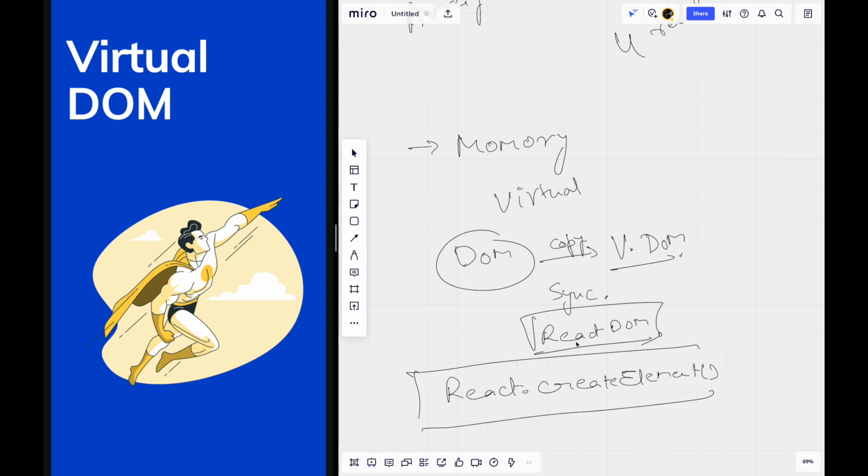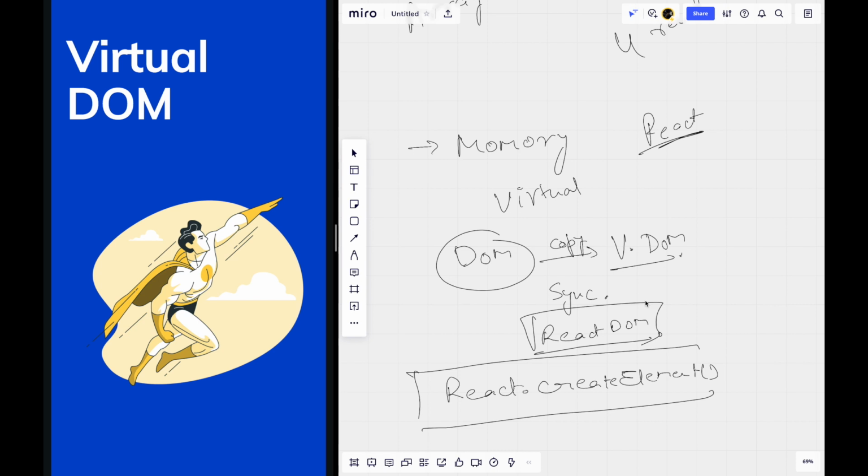Now we know the basics of virtual DOM. Now let's see how virtual DOM exactly works. So whenever we update anything in our React, in our document, basically, it doesn't directly get updated in the document object model, which we just saw in the case of the actual DOM. Instead, we have 2 virtual DOMs. Now, whenever I make a change, 2 exact replicas of the DOM are created.